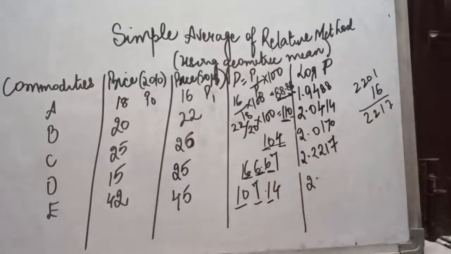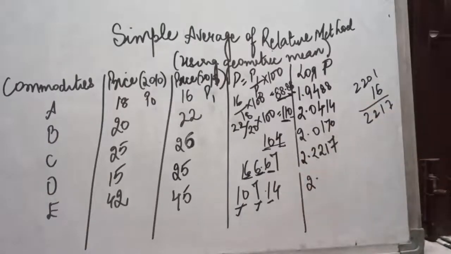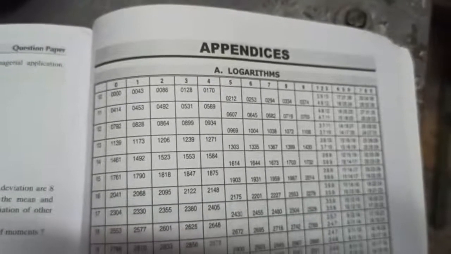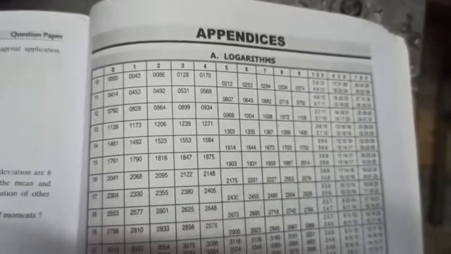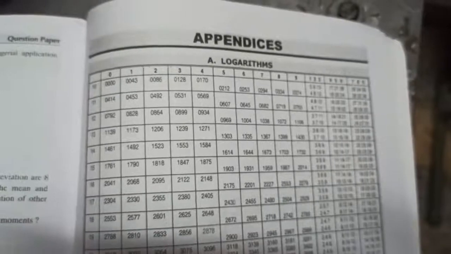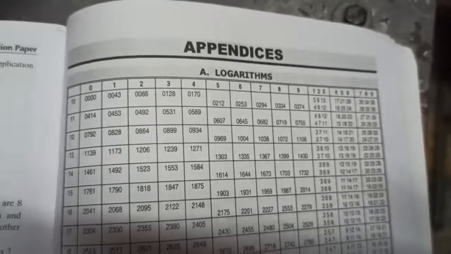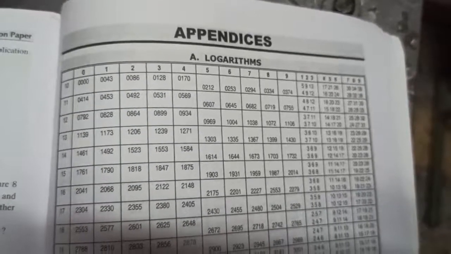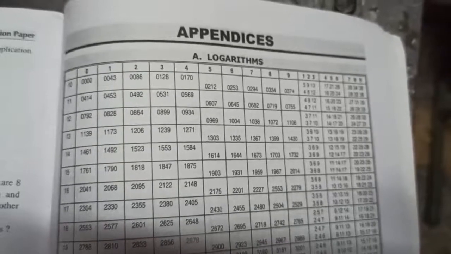Now let's see from the table. We will be seeing 10 under 7, again under 1. So if we look at 10 under 7, 10 under 7 is 0294. And further, because 0294 is written below, I have to see the value under 1. So I will be looking at the below value, that is 4. So both of them will be added.